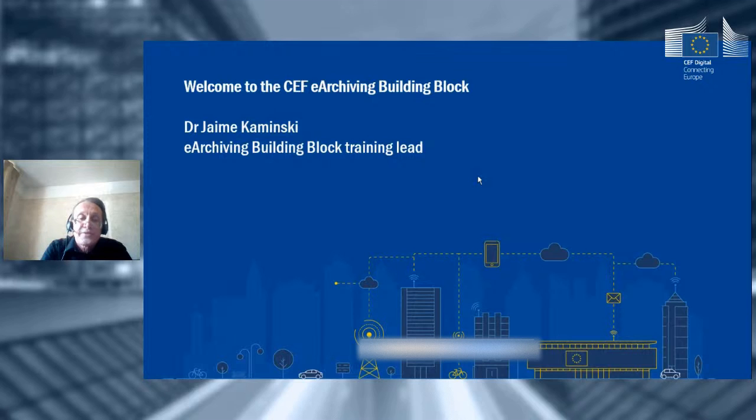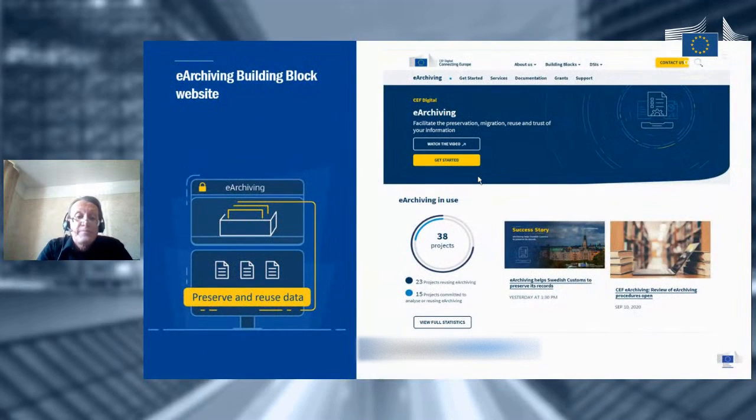Before we do that, I usually say a few words about the background and ethos of the building block, just to get everybody up to speed. We do have some new delegates today, so I will launch into that.